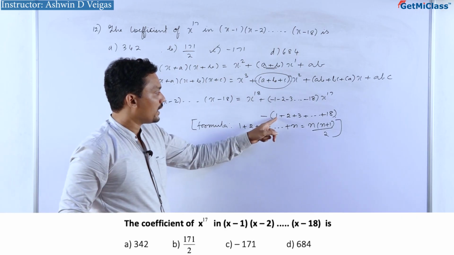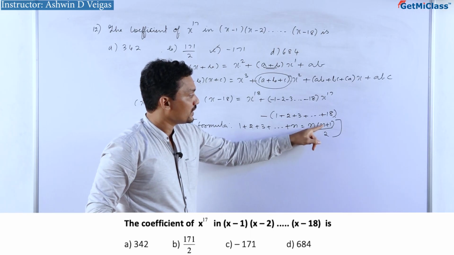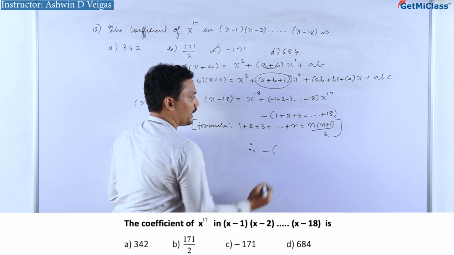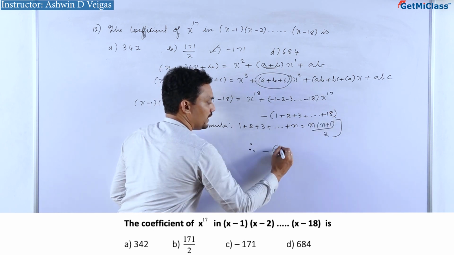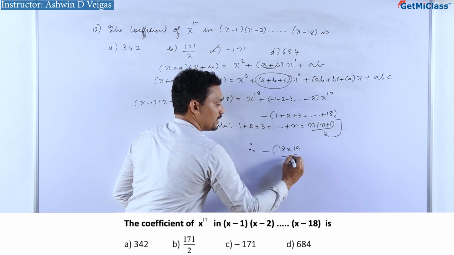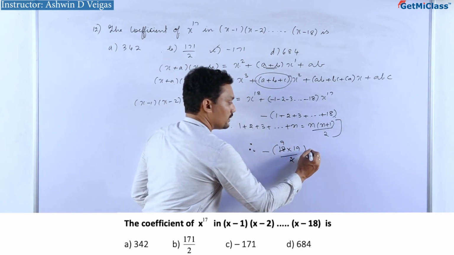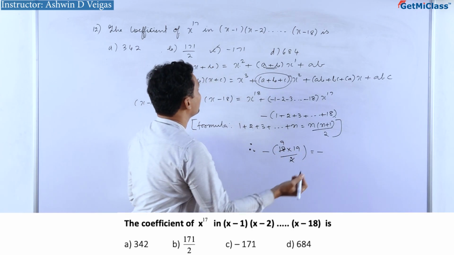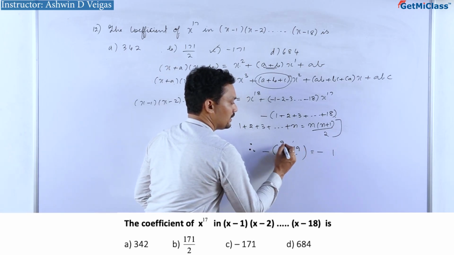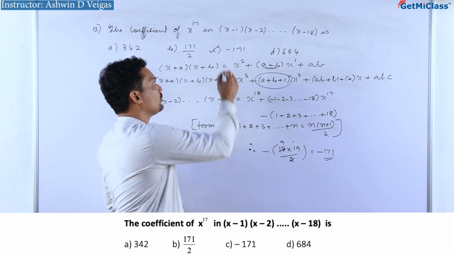So, if you want to add numbers from 1 to 18, so the value of n will be 18. So, put n is equal to 18 here. Therefore, we are going to get, there is a minus sign, and the value of n should be replaced by 18. So, it is 18 into 18 plus 1, that is 19 divided by 2. So, here 2 will go 9 times, and 19 into 9 is 171. Yes, 9 9s are 81, 8 carry, 9 1s are 9 plus 8, 17. So, minus 171. Therefore, option C